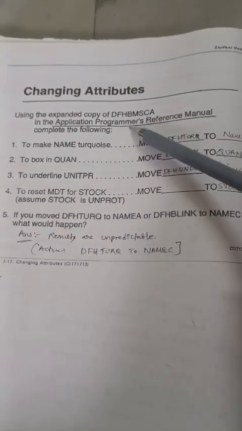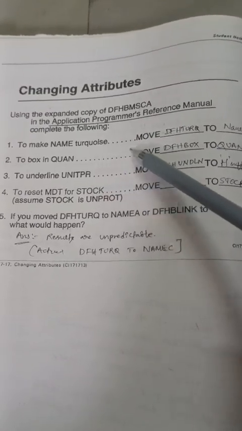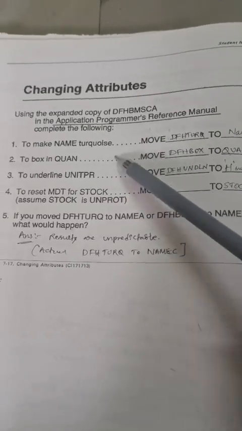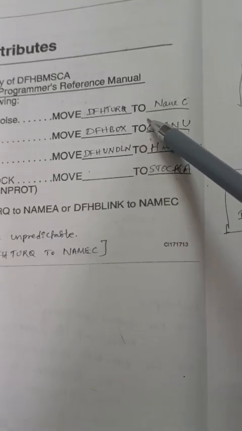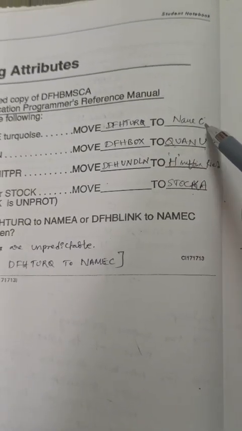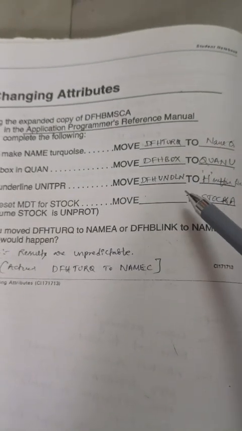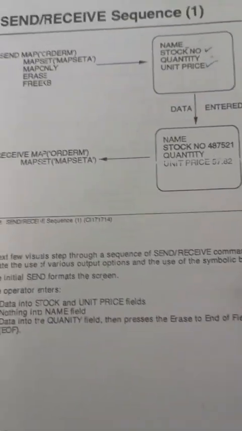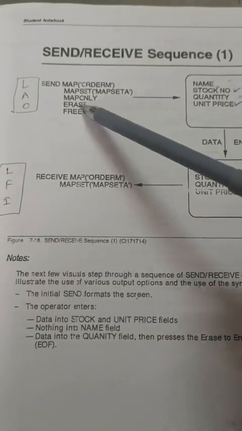And this is how to change the attribute of the field, from turquoise to different types of field. We have seen what type of field. C is color, and box type. And this is a sample example. Length,